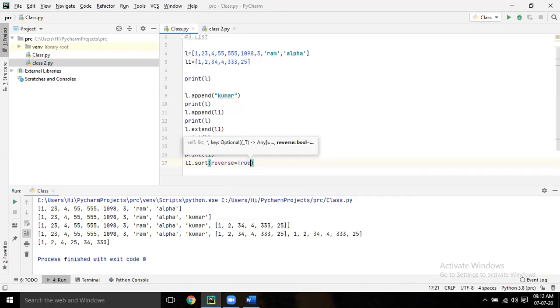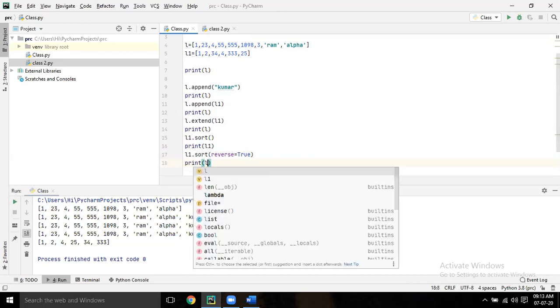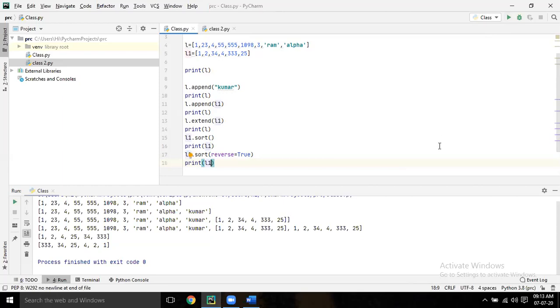Now print L1. That means you want to sort in reverse order. You can give true or false, whether you want to reverse or not. But the T should be capital, and in false the F should be capital.